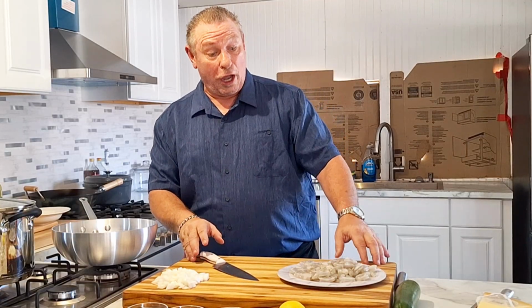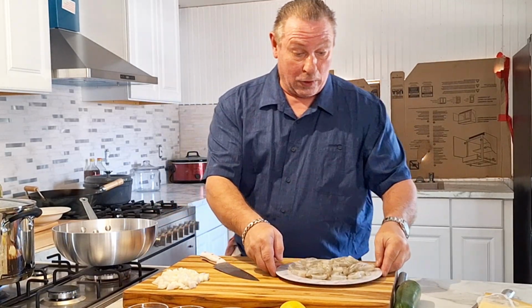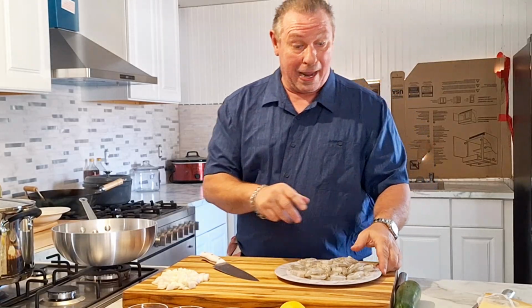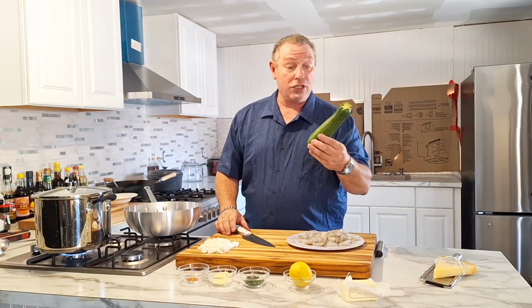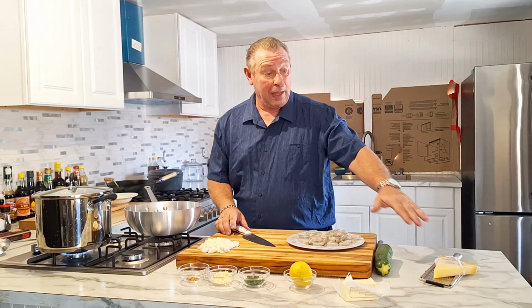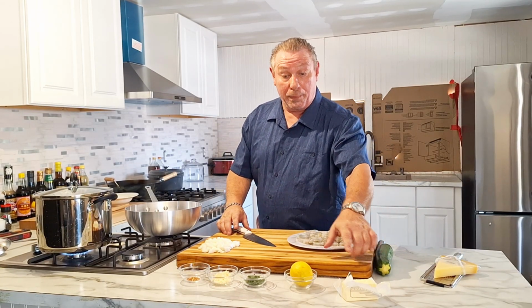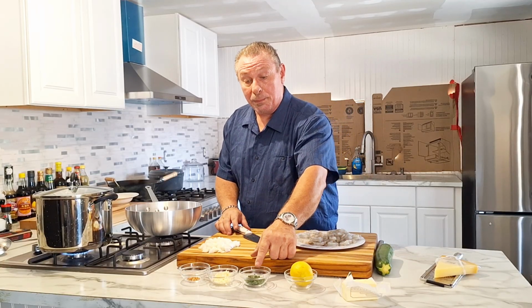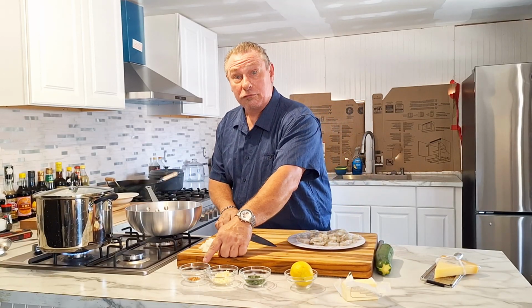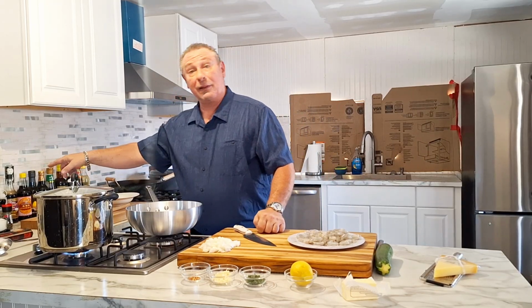Okay, so to get started, here I have 1 pound of large shrimp. What I did was I patted them dry with paper towel. We're going to be using 1 large zucchini. We're going to cut that in a half moon. I have Parmesan cheese to finish the dish. We're going to be going in with butter, lemon, parsley, garlic, red pepper flakes, onion, and linguine, olive oil, salt,